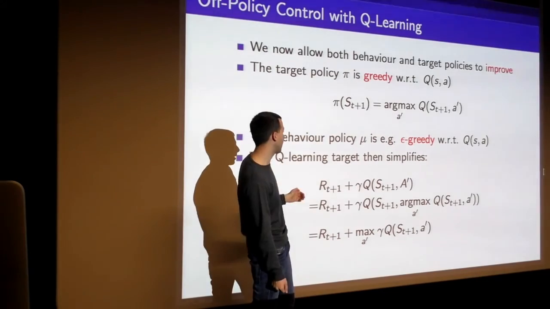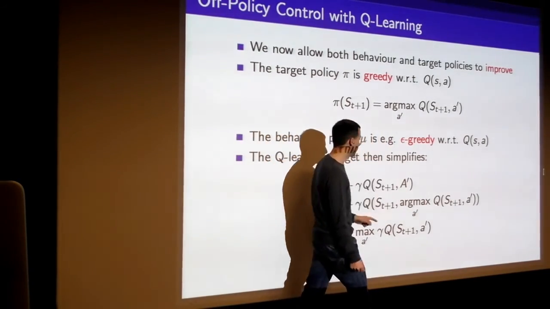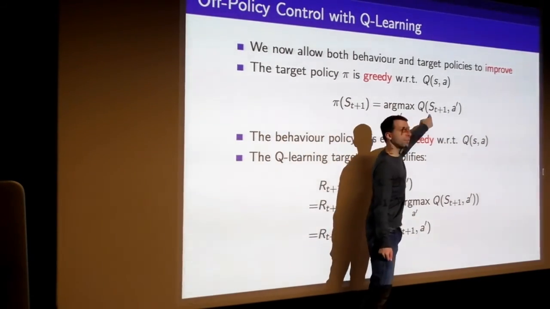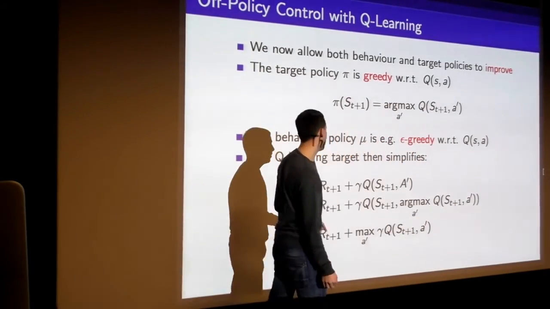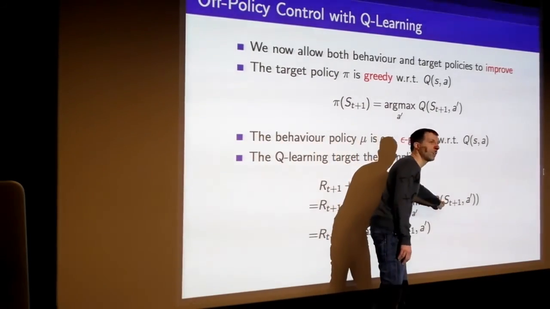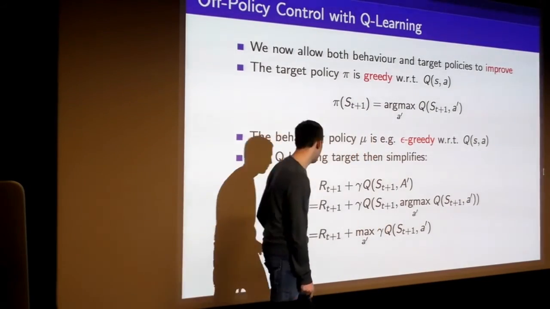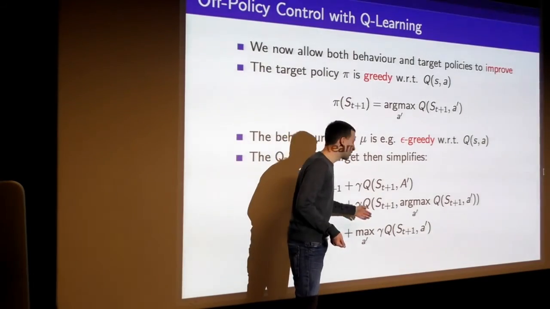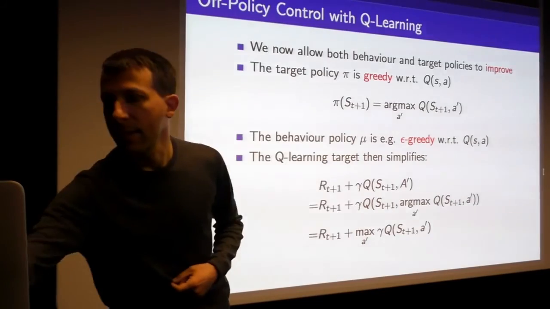And when we plug this into the previous slide, this is the target that we had in the last slide, our R plus Q, the Q value of our alternate action. Our alternate action is this argmax, the greedy policy. So when we plug in this argmax, if you want to know the Q value of the argmax of your Q values, that's the same as the max of your Q values. So what Q-learning does is it updates a little bit in the direction of the maximum Q value that you could take. So that looks like this.